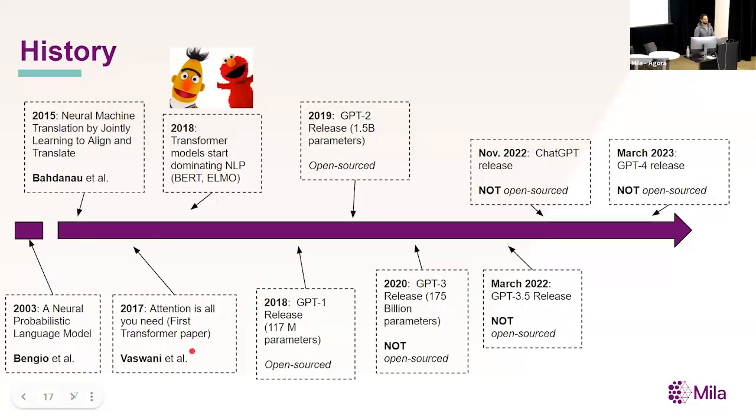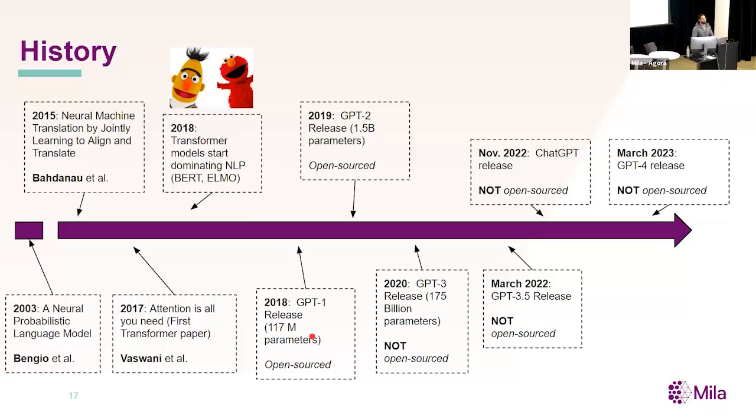Then came along the Attention Is All You Need paper. This one was really the one that picked everything up. This was in 2017, researchers at Google. And then it was kind of an avalanche of papers. We had all sorts of transformer models that started to dominate the NLP literature. Up until then, recurrent neural networks were the norm, LSTMs were the norm. And then it just started being transformers everywhere. It was very transformative to the field. We had things like BERT, ELMo, all of these things coming out at the same time and really taking over all of these known benchmarks.